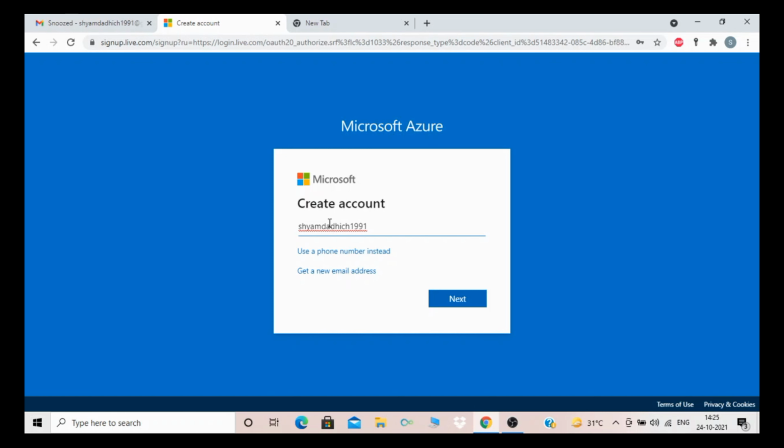If you want to use your mobile number, that is also possible. But I want to use a Gmail address, so that is why I use Gmail. Guys, please do not send any mail to this address, because this is a temporary account. After I finish, I will delete this account.